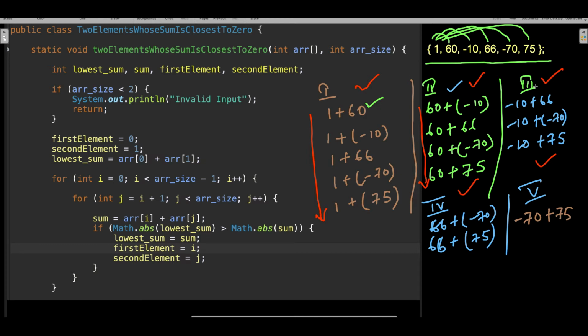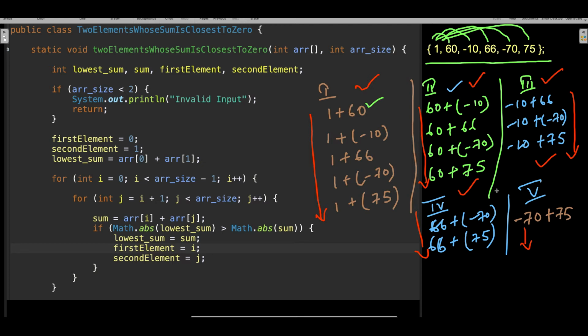When you started with 66, you have done 3 times, then you have done 2 times, and then you have done 1 time. So always in the interview, first break down the problem like this, then you will come to know what logic you should write. Otherwise, your whole life you have to remember the program.